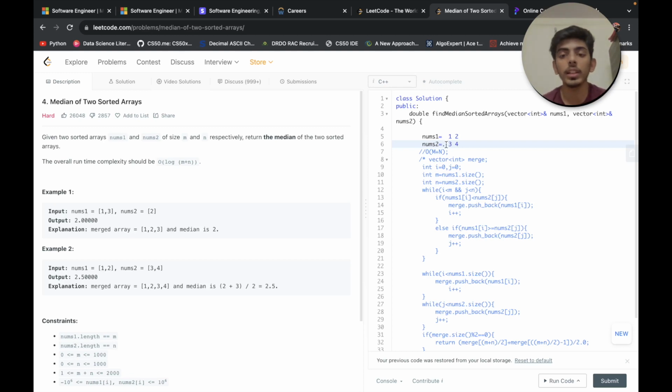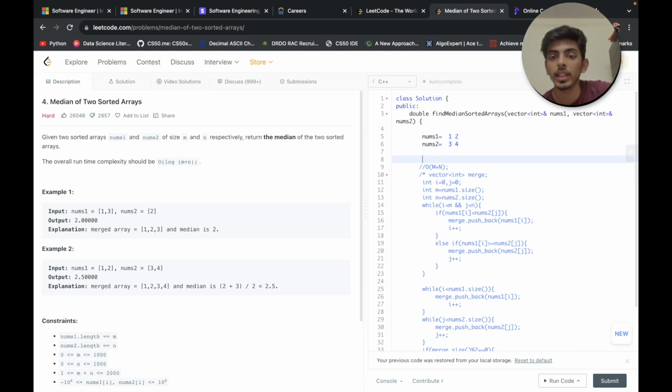We need to partition these two different arrays in such a way that the left elements present in both the arrays are always lesser than the elements present in the right part of both the arrays.